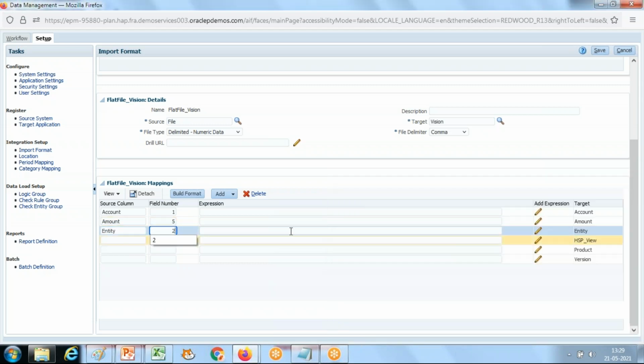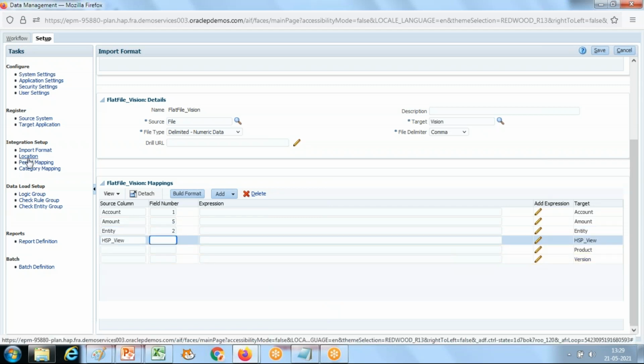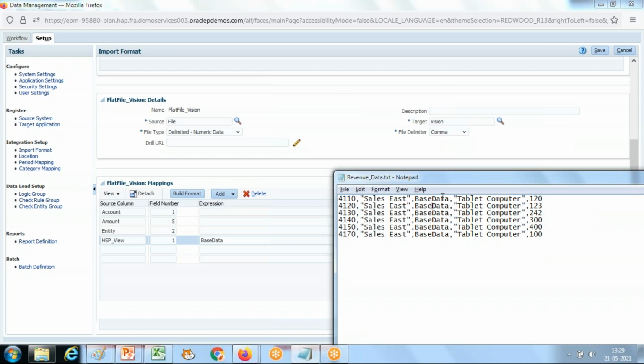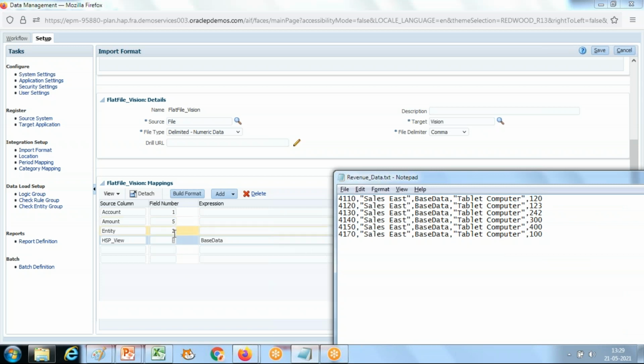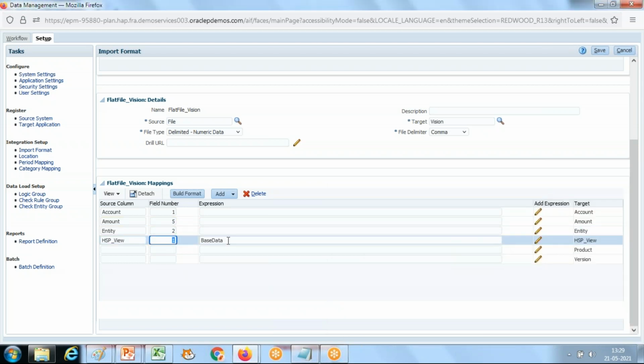That's an entity. HSP view, I like to hard code this. HSP view, as I mentioned in the previous step, the target application, base data. Alternatively, because it is coming from source, you can give a value of it. So 1, 2, 3, it's the third column.